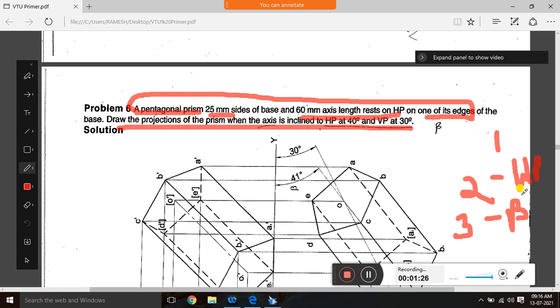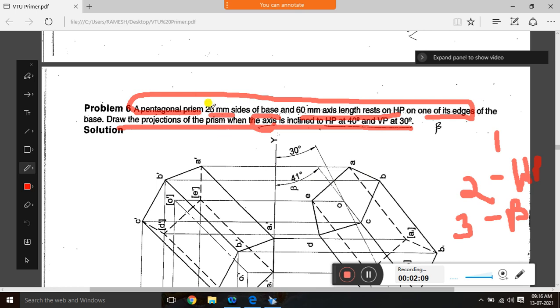First you have to find out the beta angle, and after finding the beta angle you have to construct the entire pentagon second position top view on that beta angle. Okay, the reason you go with the beta angle is that the axis is inclined to both VP and HP. I already told in the introduction class, if the axis is inclined to VP, then you have to go with the locus method. If an edge is inclined to VP, then you have to go with the normal method. But if there is an axis inclined, then we must go with a locus method for VP. Okay, but if there is an apparent angle, then it is the normal method. But here there is no apparent angle, so we have to go with a locus method.